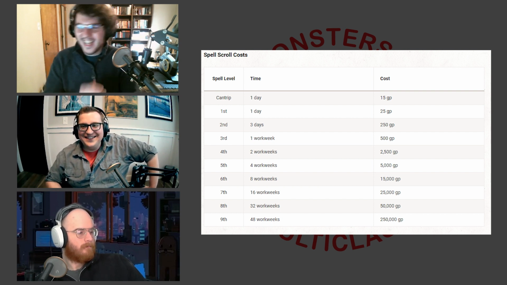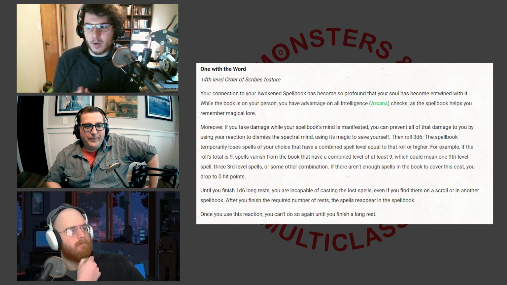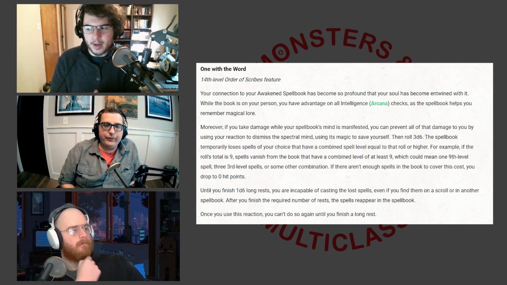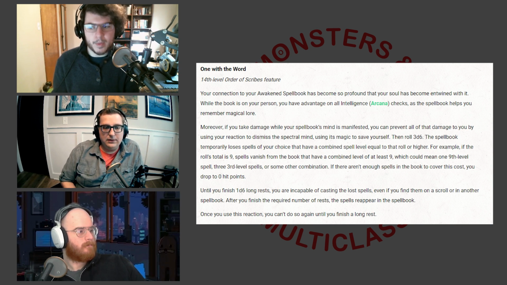Right. All right. Last, though, is at 14th level, One with the Word. Your connection to your awakened spellbook has become so profound that your soul has become entwined with it. While the book is on your person, you have advantage on all intelligence checks, arcana checks, as the spellbook helps you remember magical lore. Moreover, if you take damage while your spellbook's mind is manifested, you can prevent all of that damage to you by using your reaction to dismiss the spectral mind, using its magic to save yourself,